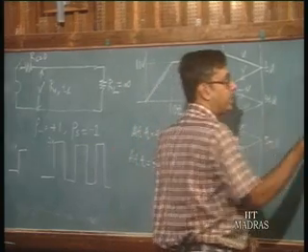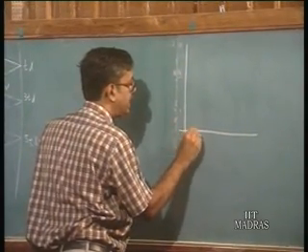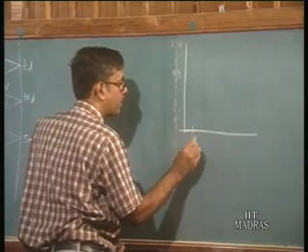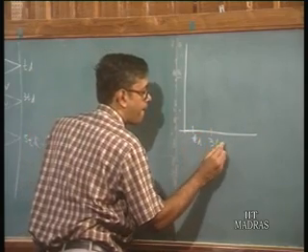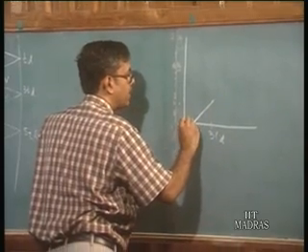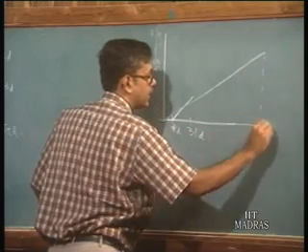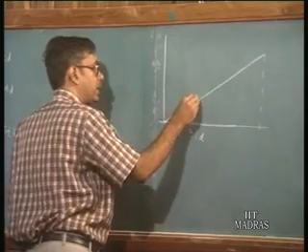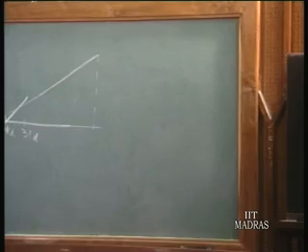So the output voltage, I'll draw it here, okay, at T is equal to TD it is 0. This is TD, it is 0. At T is equal to 3 TD, it goes up to 4 volts. Okay. So let us suppose this is the ramp which we are talking of. Okay. Now that is the input ramp. Okay. So the output, this is 4 volts at T is equal to 3 TD. Okay. Now at T is equal to 5 TD,